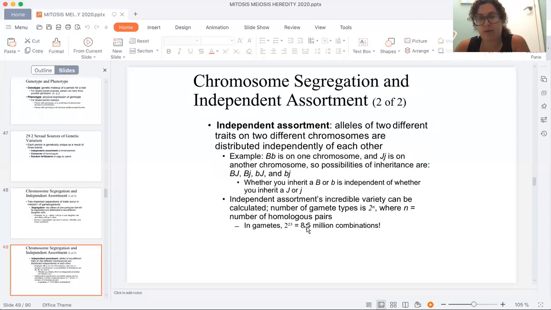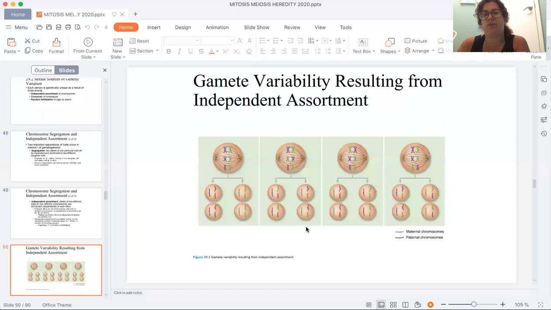And then we have independent assortment. Independent assortment means that alleles of two different traits on two different chromosomes are distributed independently of each other. This is what can make different hair, different eye colors. There's a million and one bajillion different ways to get assortment, and here's just a look at all the different ways that we can get assortment. You look at the different colors here, what comes from paternal and what comes maternal, all the different little makeups